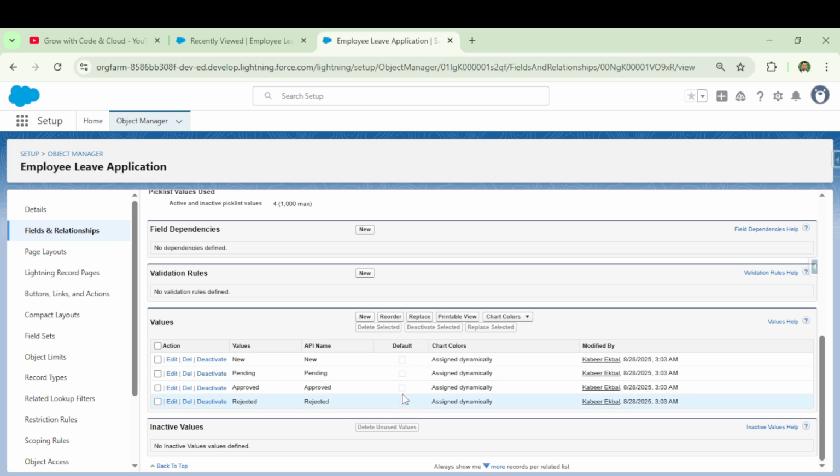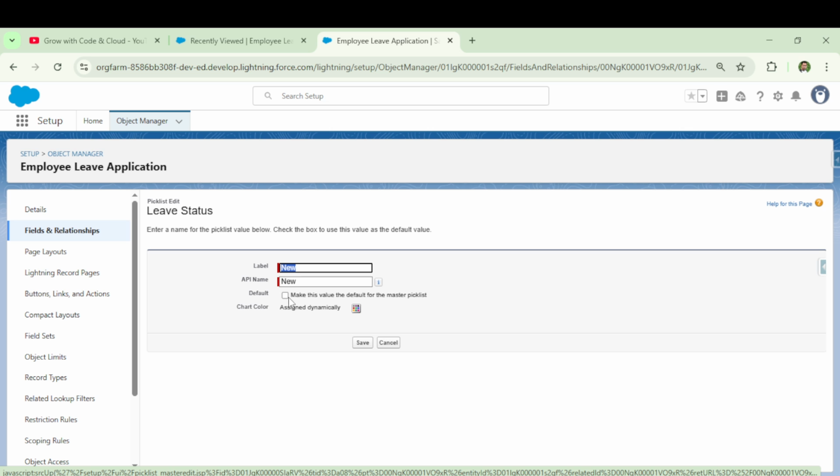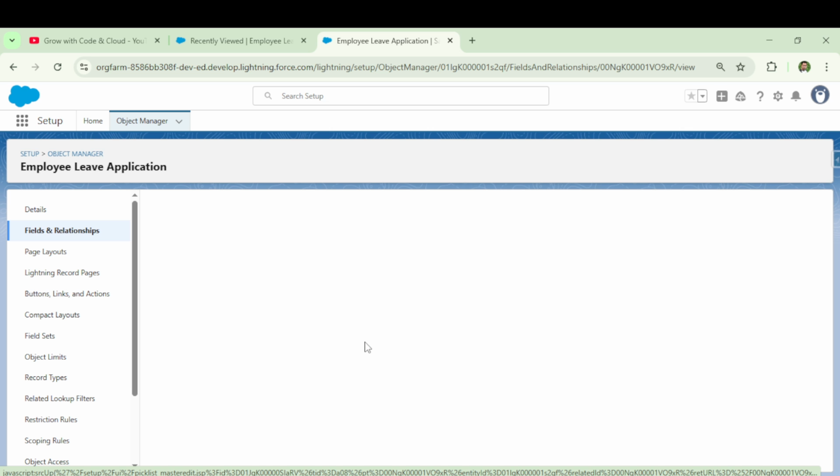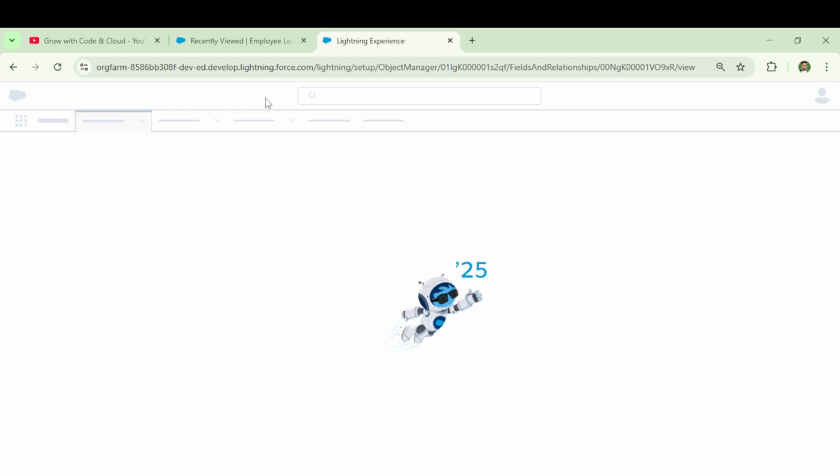No default value is selected, so I want to select this new as the default value. So edit this new value and make it the default. Now save it. Okay, we made this new value the default.